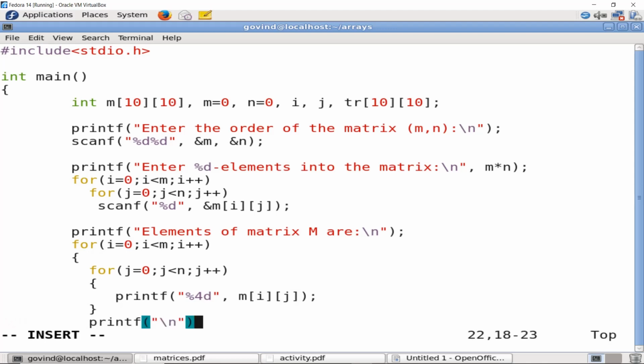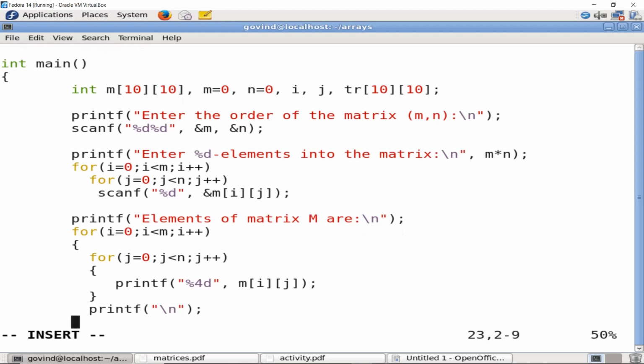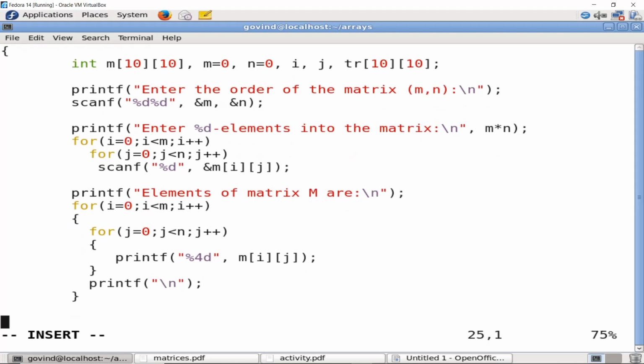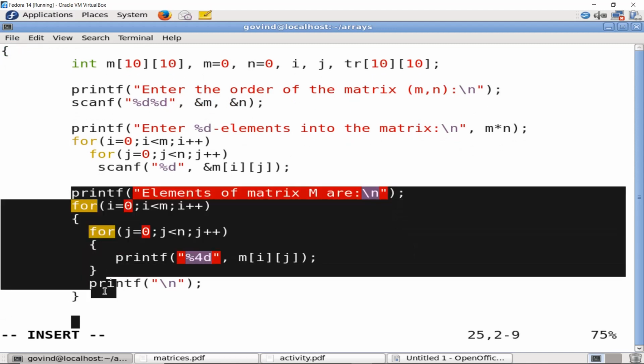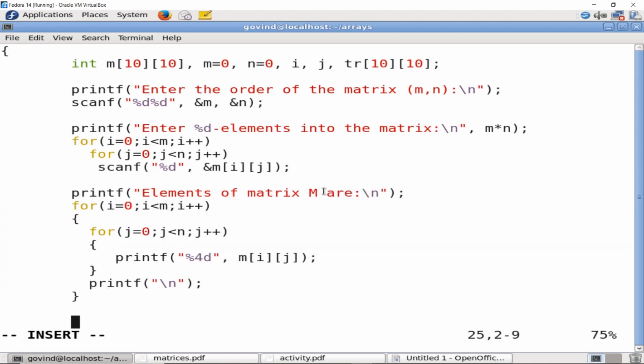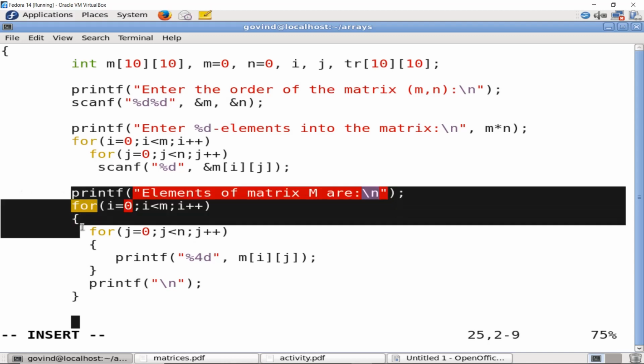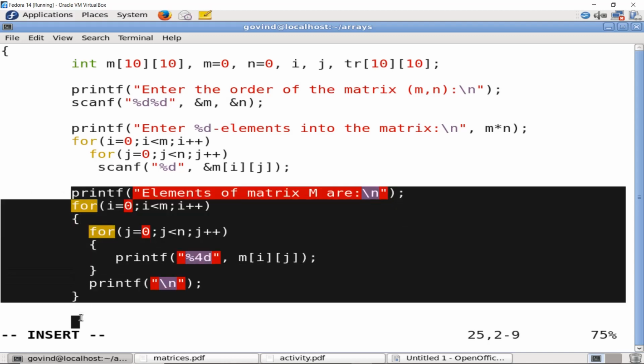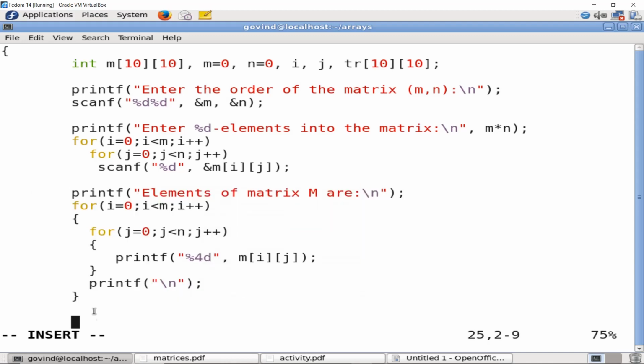So this is how we saw the patterns can be generated. This logic will now print all the elements in the matrix that have been entered here. This is just to be sure that the input is properly entered into the matrix. Now we need to perform the transpose of the